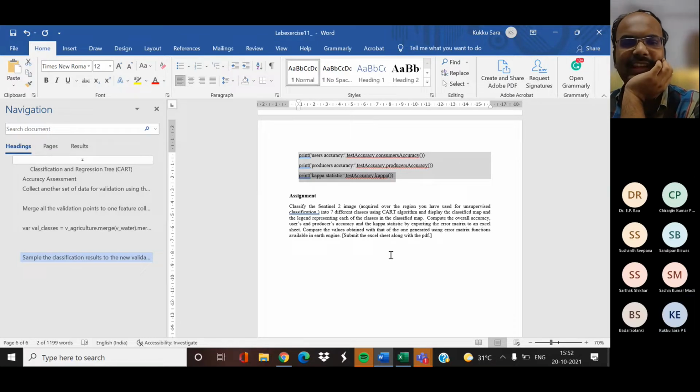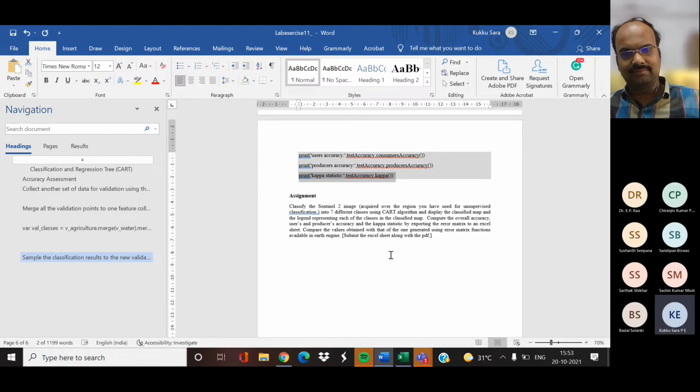And 7 classes, is there any specific classes you are going to ask, Coco, or any 7 classes? Because I have given them their hometown, they can use. So whatever features they are finding there, they can classify randomly. They can take any 7 classes. Okay.